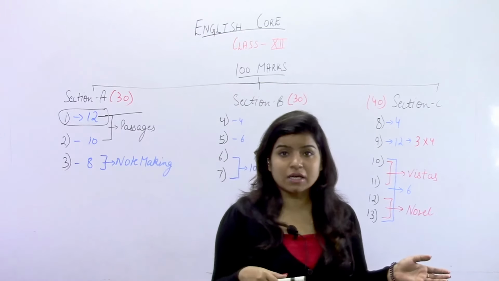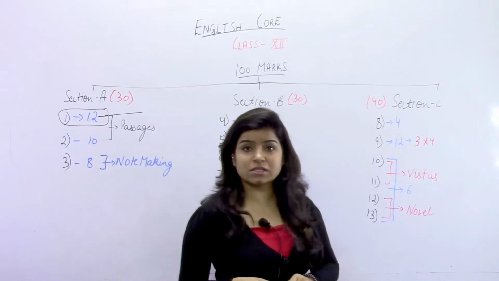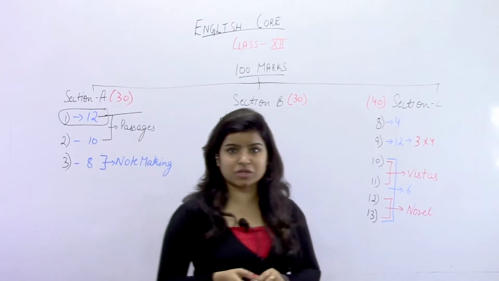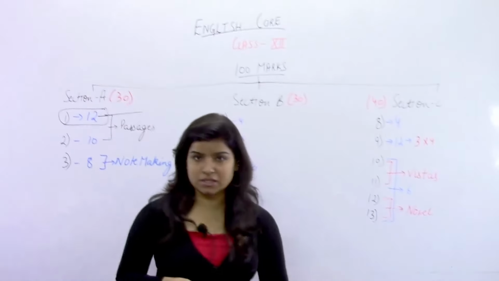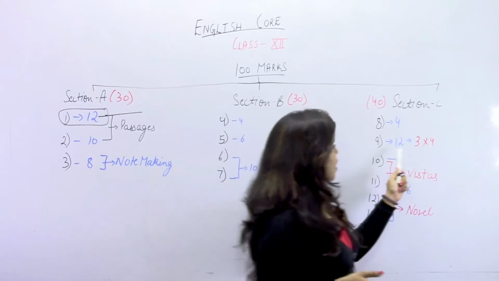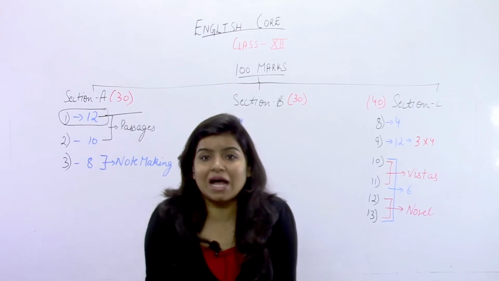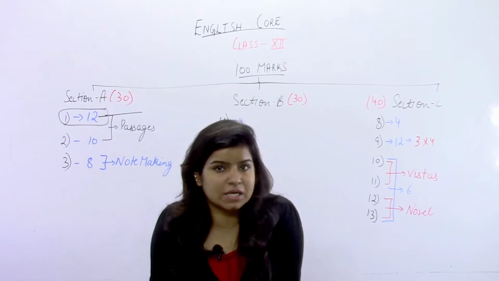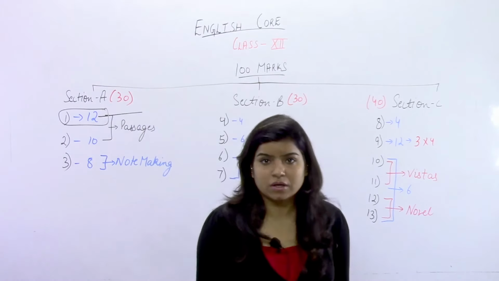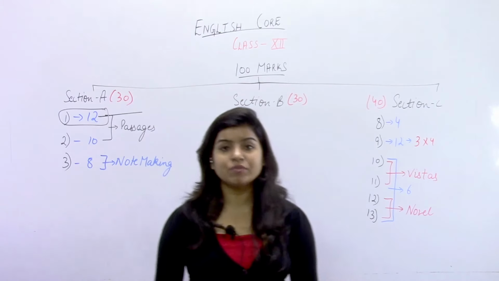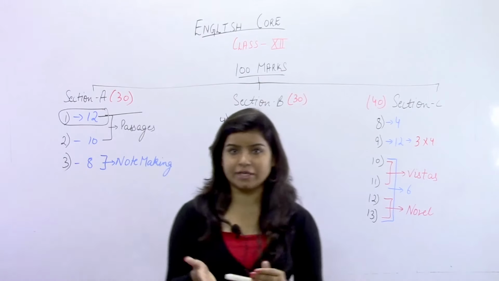Moving on to section C, the literature part, the first question is of 8 marks, 1 mark each, where 4 questions carry 1 mark each and your answer must not exceed a space limit of 1 or 2 lines, right? The second question is of 12 marks, where 4 questions are given, and your answer must not exceed a limit of 5 to 6 lines. That is, your word limit must not exceed 80 words, right? Because at that time, the examiner not only wants quantitative answers, they want qualitative ones.